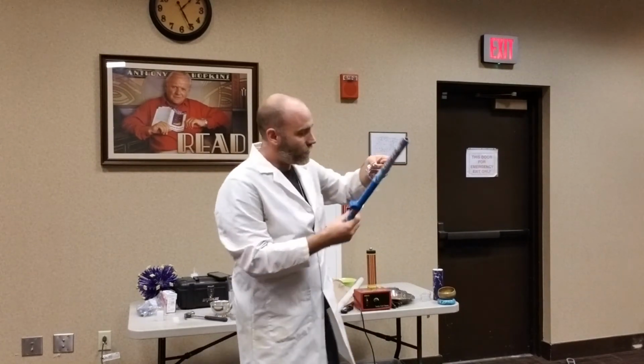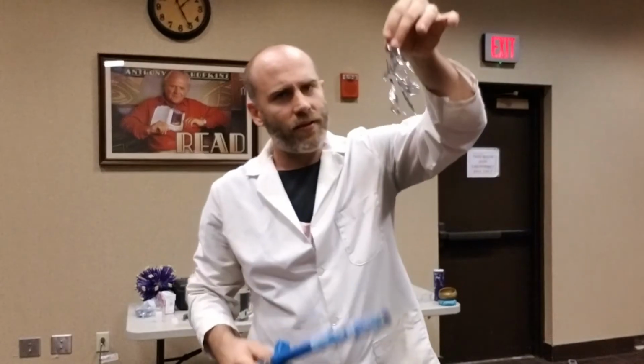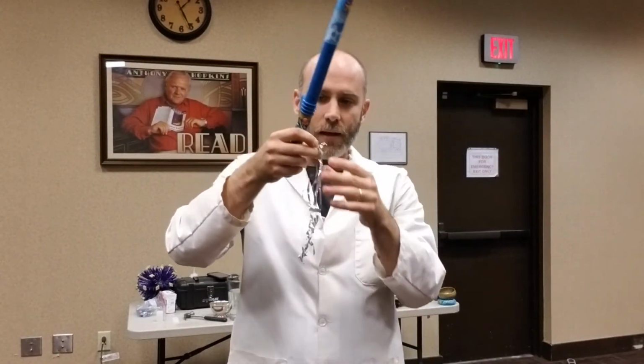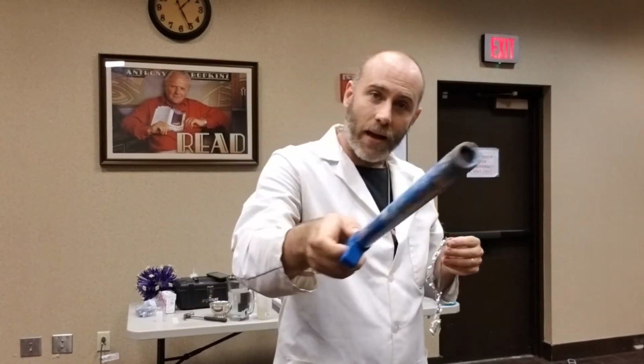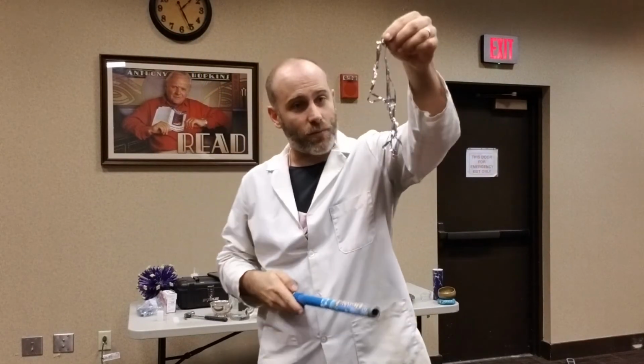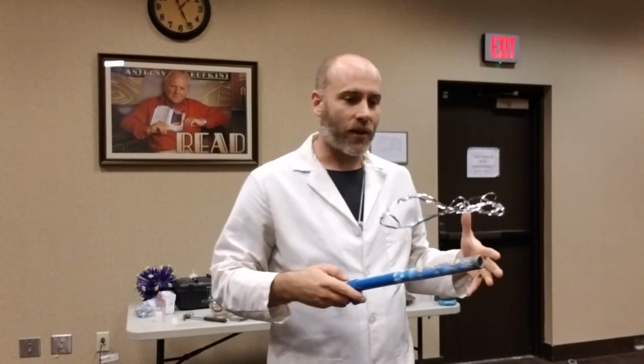Now, this is also a conductor. This is tin foil. It's pretty light. It doesn't fall to the ground immediately. But when I put my electromagnetic wand underneath it, I can actually make it sort of turn into a magnet. And every part pushes away from every other part, like two negative magnets when you push them together. Check it out. I can make this float using only static electricity. Pretty cool. And as long as it doesn't get close to anything with the opposite charge, it'll never fall down